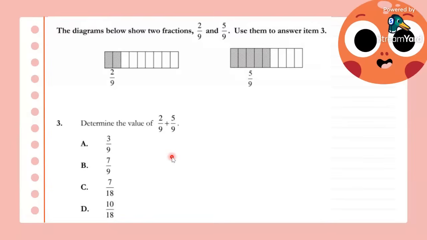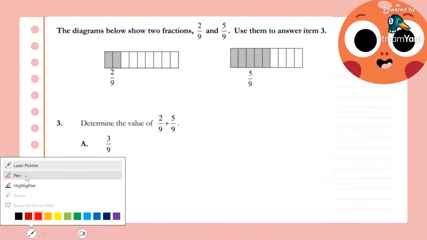Okay. Good job, guys. I like these explanations, and you are right. When the denominator is the same, we keep the same denominator, which is 9s, but we will add the